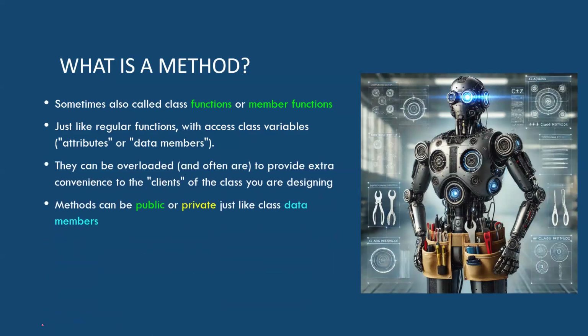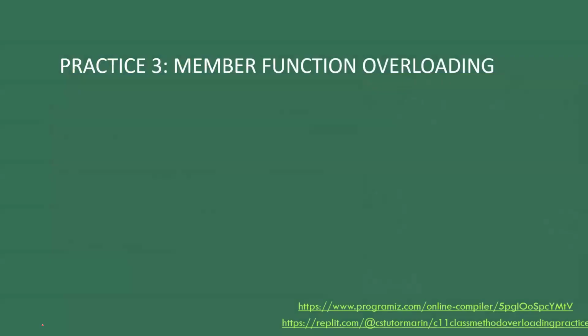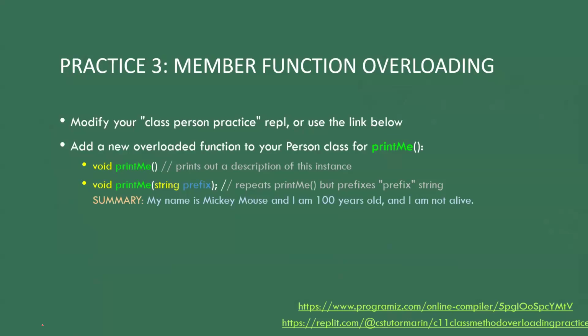But all these things can be overloaded. They can be public or private, just like we saw with our other data members, okay? So you might think, well, why do I need a private method? Well, maybe you need to do some calculation on the area of a sphere, right? Or area of an ellipsoid, or I don't know what, right? So that might be a private method inside of your geometry class, for example, that you don't need anyone else to know about, but you're going to use it in your other methods, okay? And just like our constructor, we can overload our methods.